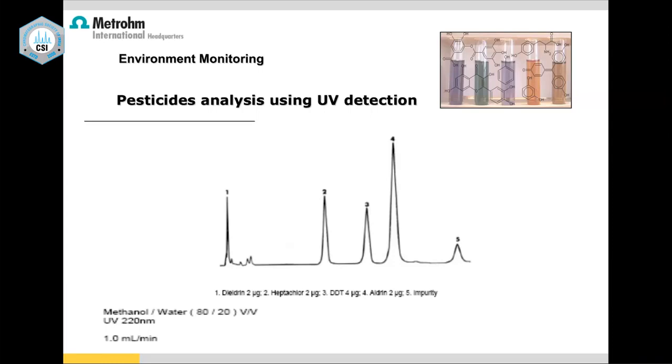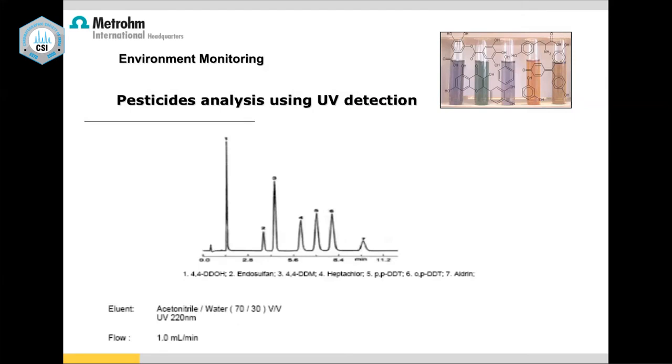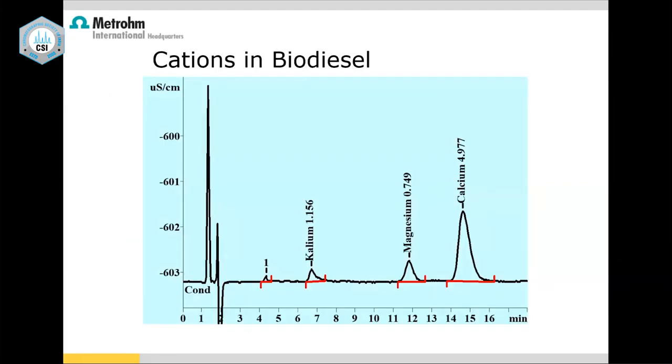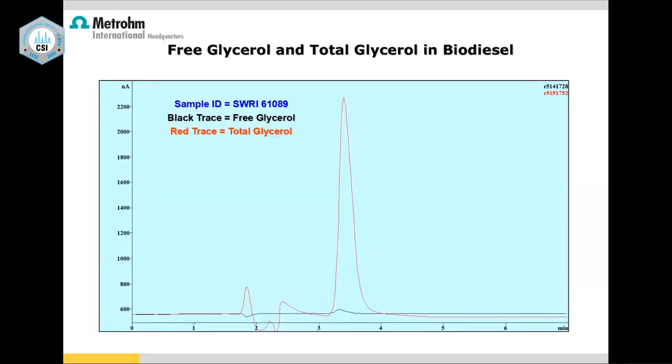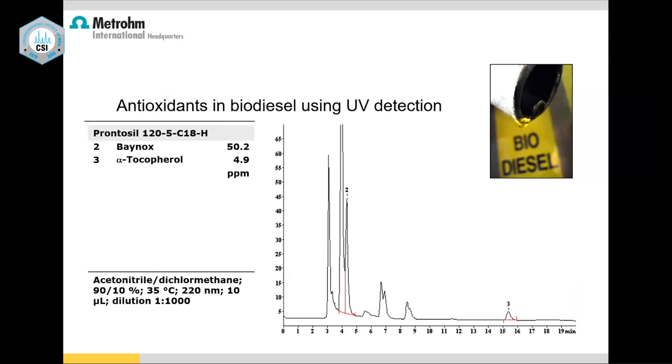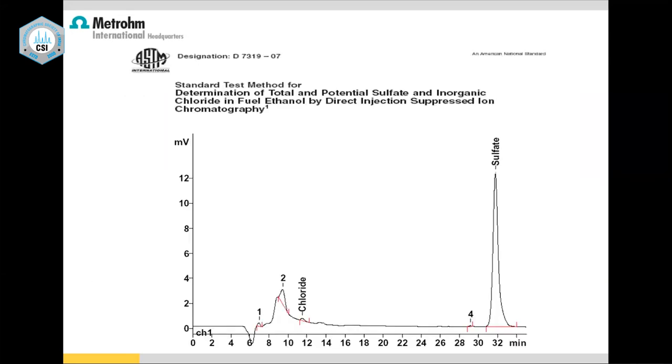If you have pesticide analysis along with an ion analysis, you can attach a UV detector and connect an RP18 reverse phase column. That will solve your purpose instead of separately investing in an instrument. So this is one more: pesticides. Then anionic surfactants, some of the long chain anionic surfactants. Then cationic surfactants are possible with IC. Cations in biodiesel, then free glycerol and total glycerol in biodiesel, antioxidants in biodiesel,